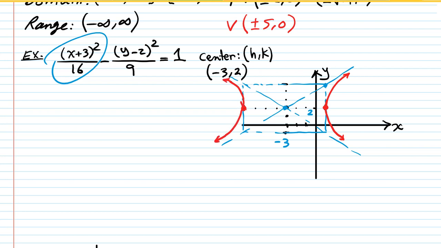There we have this one. All right, and that would be the graph of this hyperbola. Okay, let's make this a little bit more like the one above it. Cool. Now, the labels, the vertices